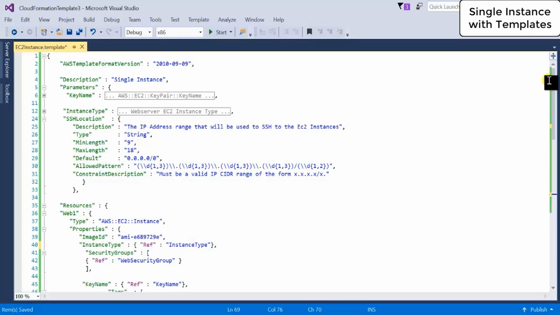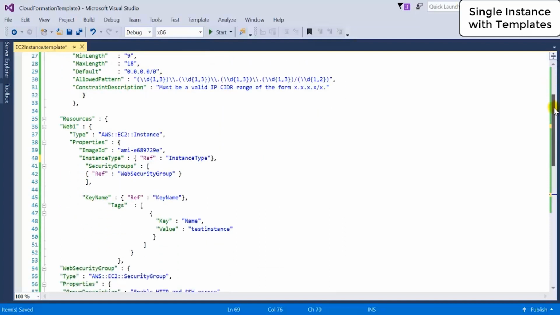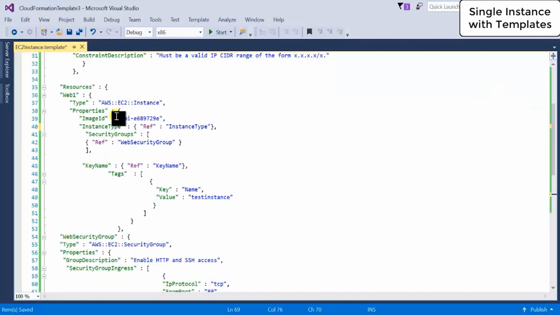Now one more thing that I would like to point out here is the image ID. The images are dependent on the region in which you are launching the instance. The same Amazon Linux AMI will have a different image ID in North California, or the Oregon region, and in the Asia Pacific region. So it will have different image IDs. To tackle that, we have to use a technique here, and that is known as a function. And before going over that,